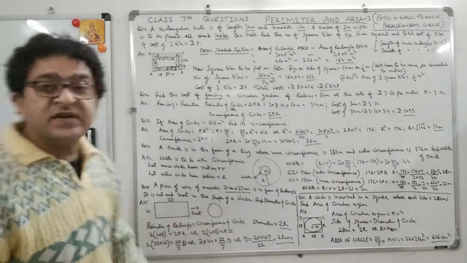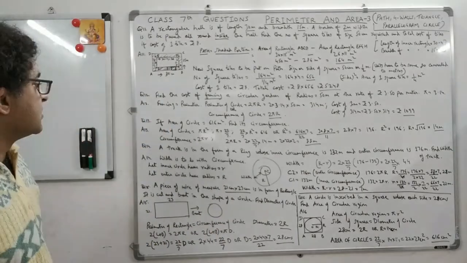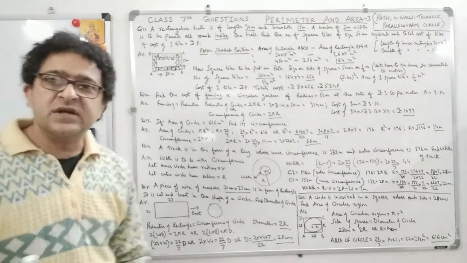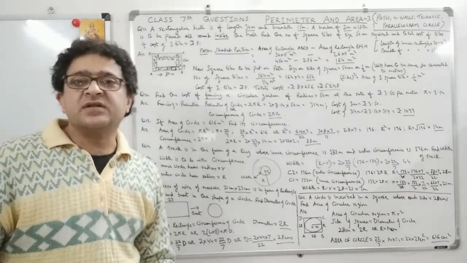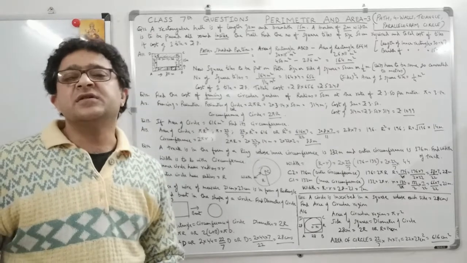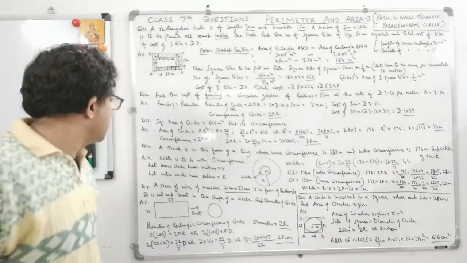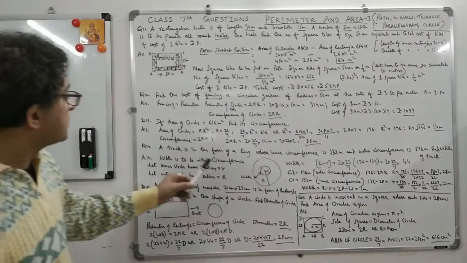Now this is the width question, a very important question. When you go to the perimeter and area concepts video, it is simply the last point on circles. The simple thing is that the width is R minus r. So we'll do a question now. Width has to do with the circumference.